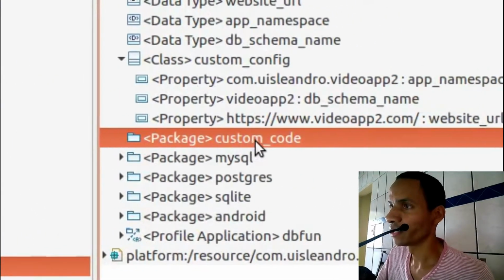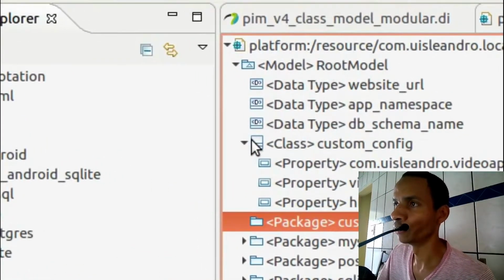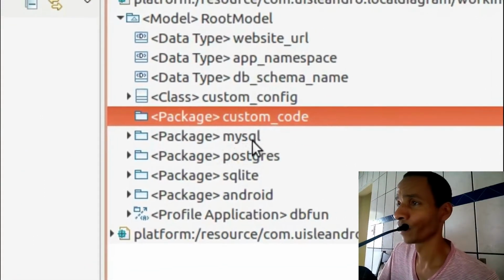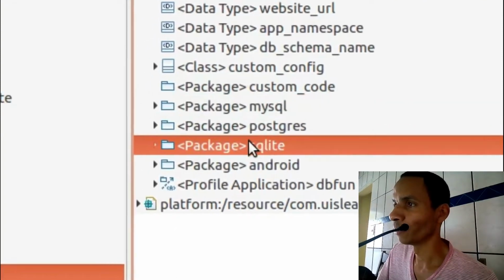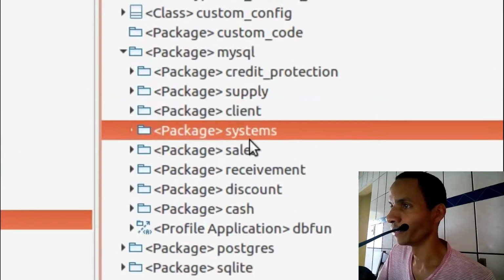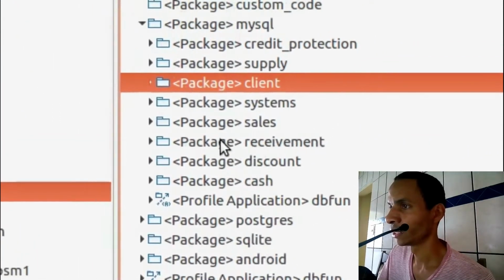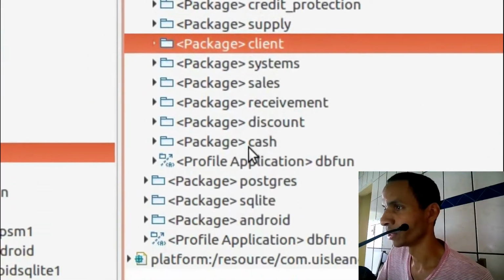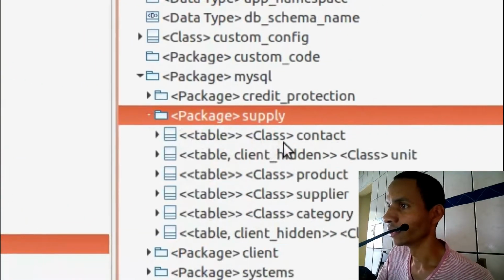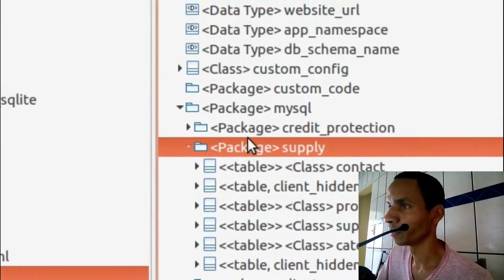So as you can see here, you have a reserved folder, custom code, which is not being used in this video. MySQL, PostgreSQL, okay, with whatever inside. For example client, or let's see, product, or product supply here. Okay, so let's see the product from this package,